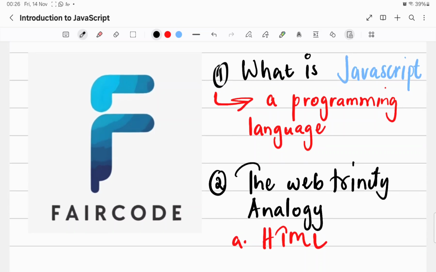the answer to the question that we ask ourselves, what is JavaScript? JavaScript is a programming language, and to add to it, I like to call it a programming language of the web. But one thing that I also want to bring to your attention is Java has nothing to do with